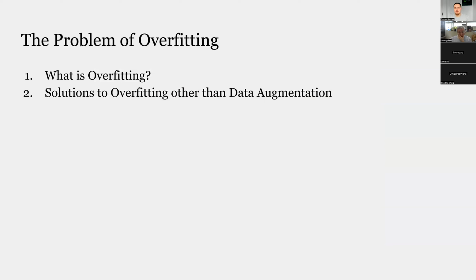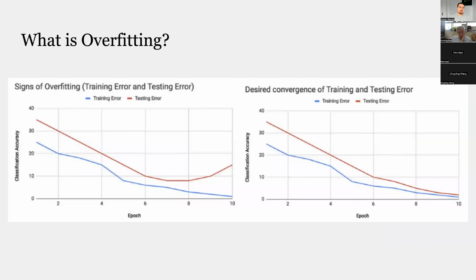So to begin my investigation into overfitting and into data augmentation, I was primarily interested in this problem of overfitting. Overfitting describes when you continue to optimize the training loss shown in blue, and the testing error actually increases. So if you have a train test split of cat and dog images, and you're training a classifier to distinguish between cats and dogs, it optimizes on the cats and dogs, but then it doesn't generalize to that test set. So really what you want is on the right, where as the training error decreases, the testing error decreases as well.